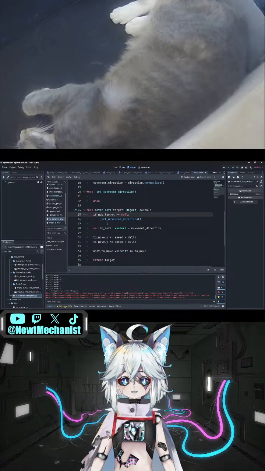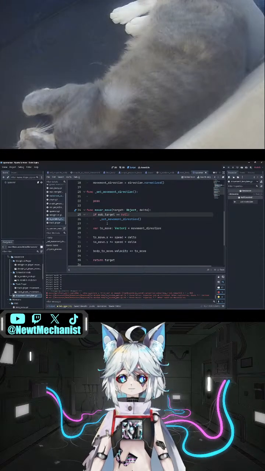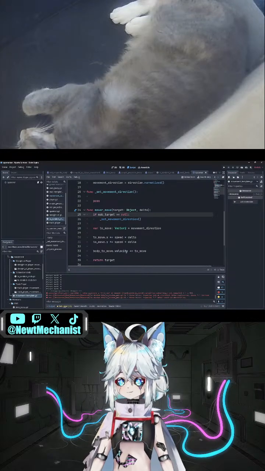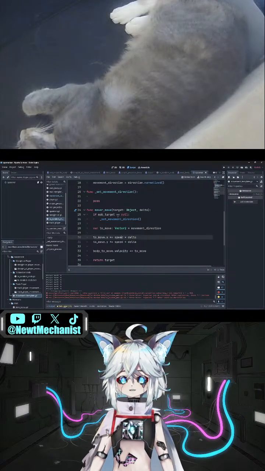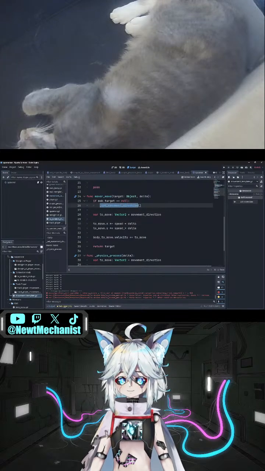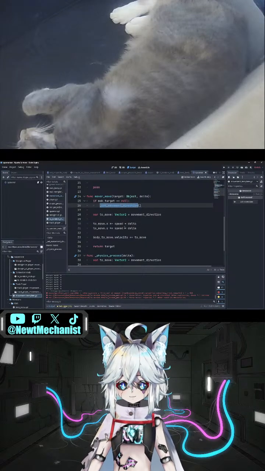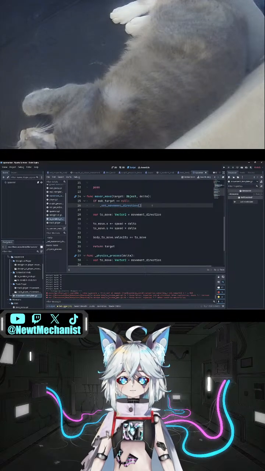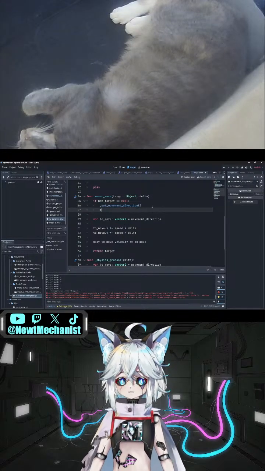Since vector 2 is a simple type, we shouldn't be getting by reference here. So what this will do is say like, okay, once I know the movement direction, else